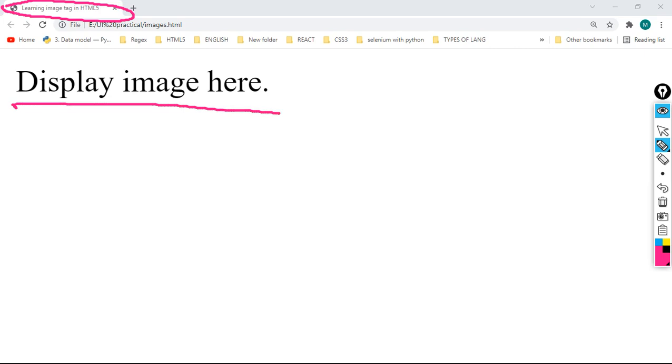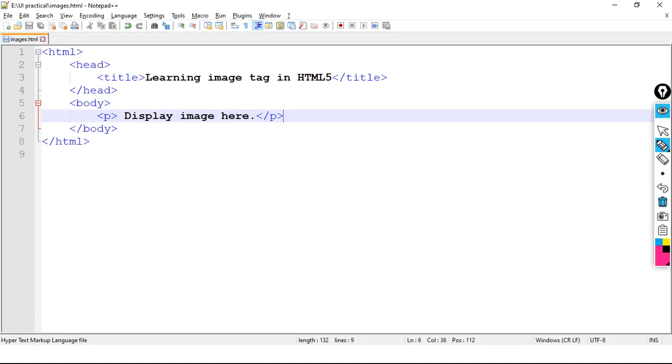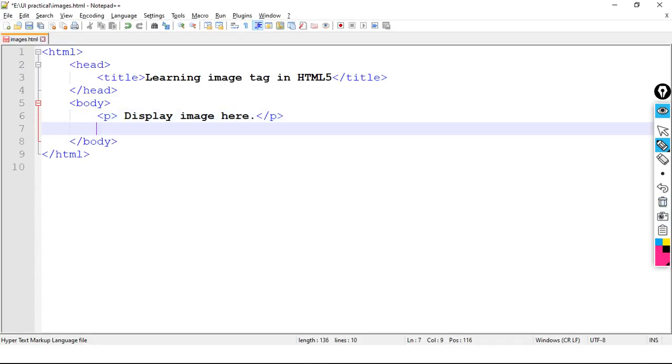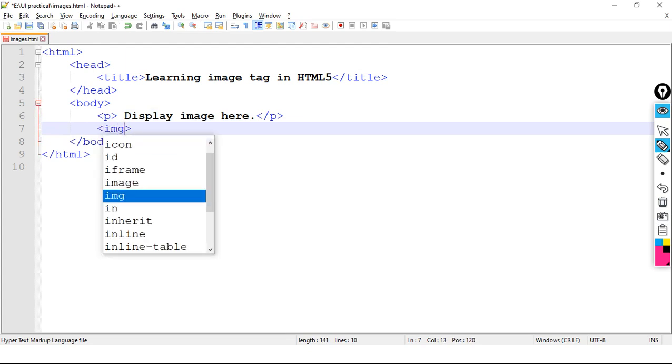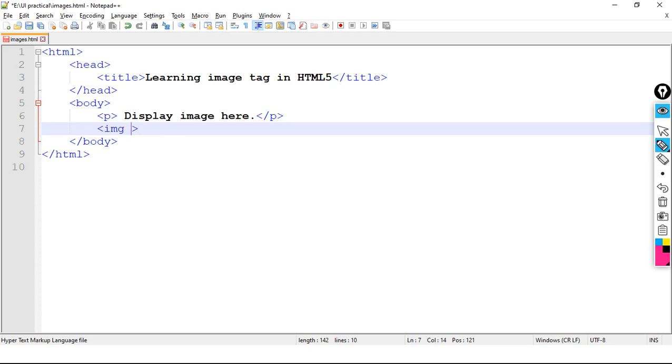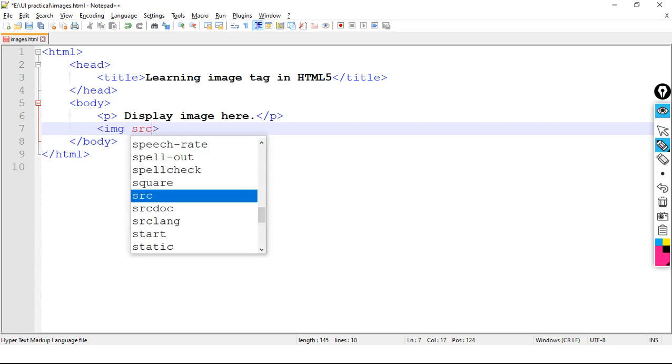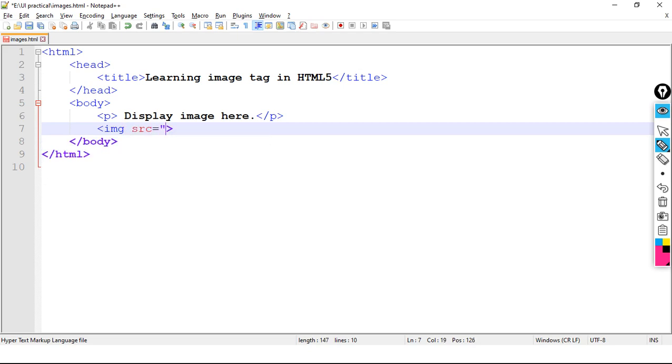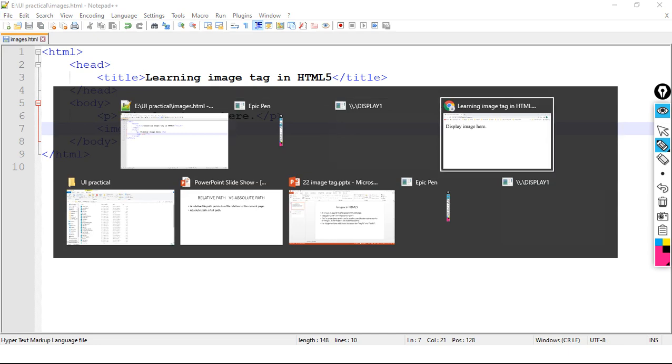Now let's complete the code. What I am using, I am using the image tag. Image tag is an unpaired tag. Okay, img src is equal to, here I need to write the path. So where is my images.html file, that I need to check first. Observe carefully.